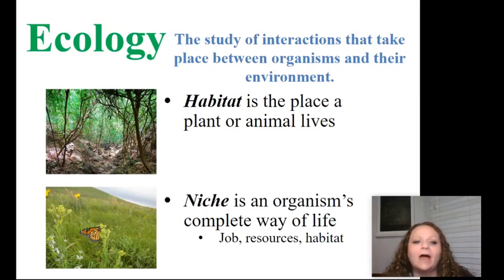Today, we are going to be talking about ecology, which is essentially the study of the interactions that take place between organisms and where they live. And an important thing for you to remember about ecology is that it really is about relationships, the relationships that occur between organisms and non living things, relationships that occur between organisms and other organisms, and how those relationships affect life on our planet. So keep that in the back of your head as we move through here, that it's really all about relationships. Everything is connected.